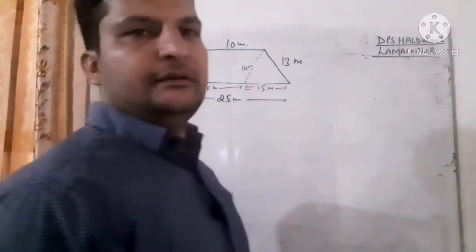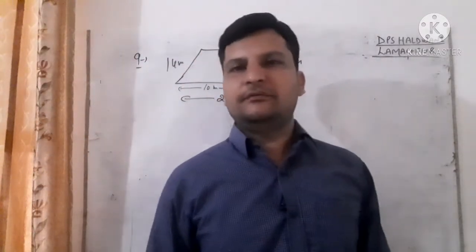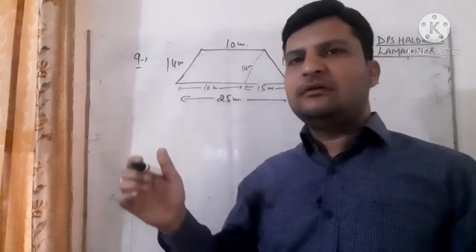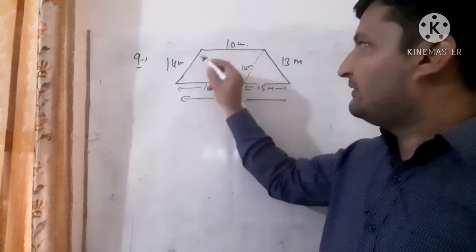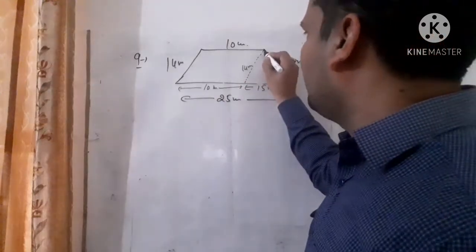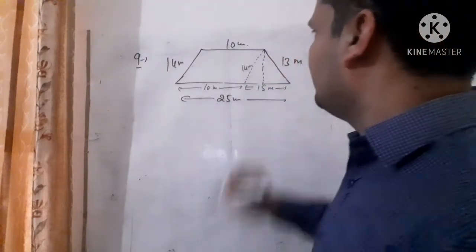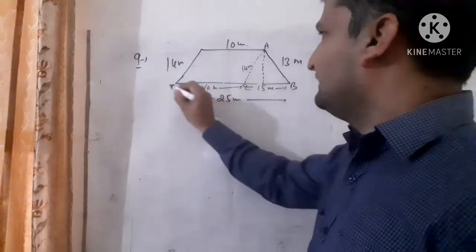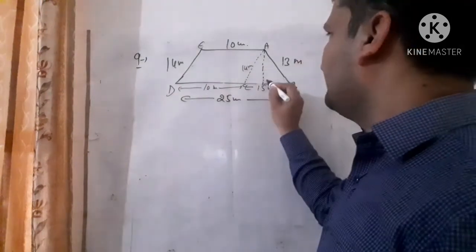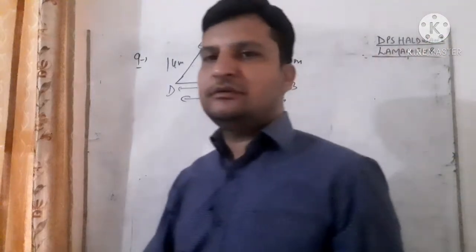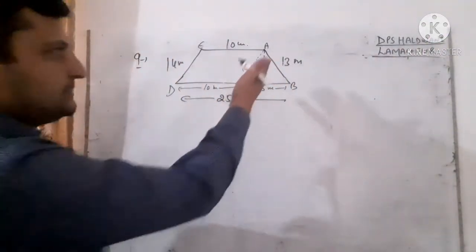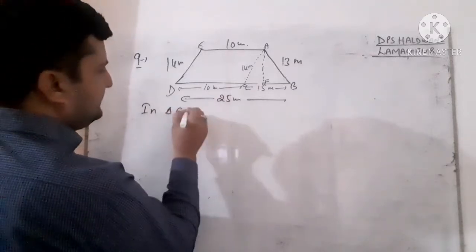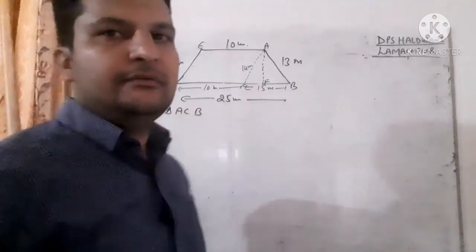For finding the area of a trapezium, or finding the area of the parallelogram, we also need height. So first we have to find the height of this triangle. So student, we can construct it like this also. We can put the names A, B, C, D, E. Suppose this point is F. So student, now find the area of this triangle. So in triangle ACB, what we can write?